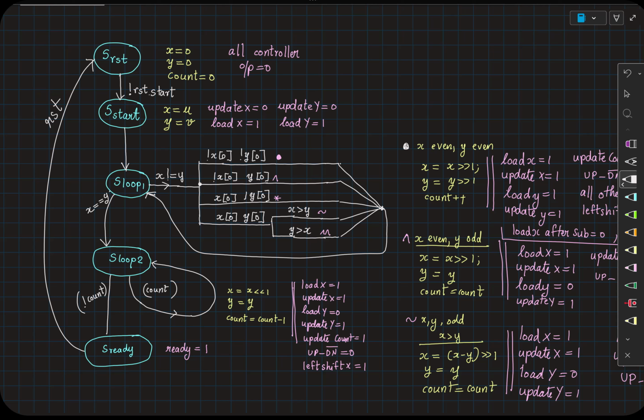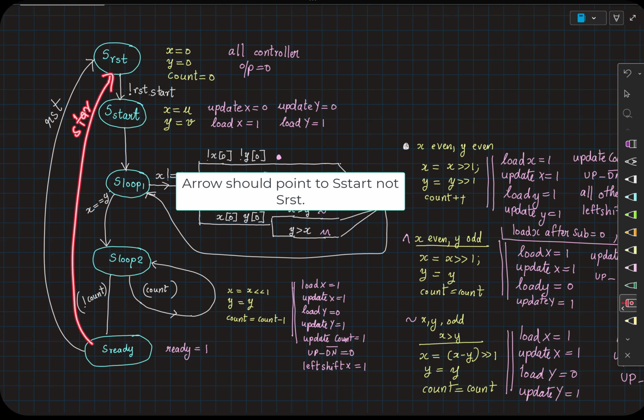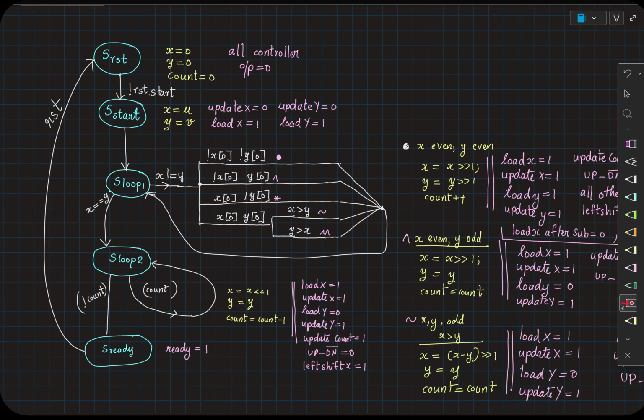Okay. Now here again there are more design choices that you can think of. What if you are in S ready and you get a start signal, right? Now if the user says that if you get a start signal under those cases, I don't want to go and reset my system and then start again by loading the value, you might directly move on to the start state, right? So this is also a possibility. You can move to this state if your start is 1. But for now, let's say we have designed the system as it is visible to you right now. So any questions on this?